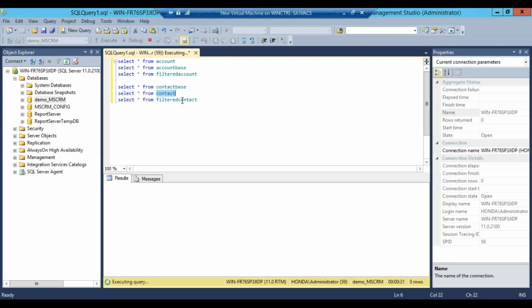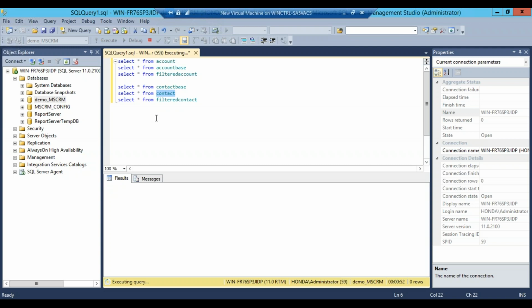So what is the difference between a filtered account and the base? A common question asked in the CRM industry: what is a filtered view or filtered account? A filtered view will filter the data based on the security role. Let's take an example.